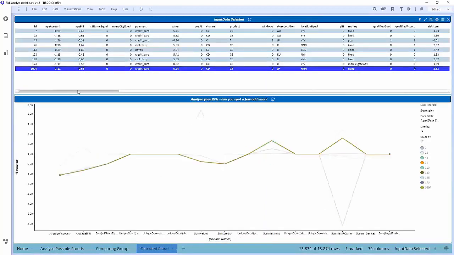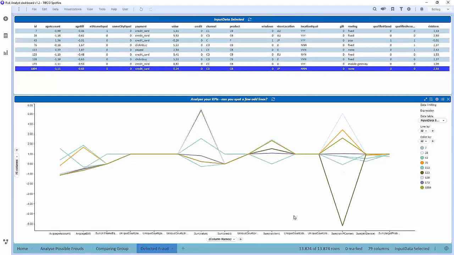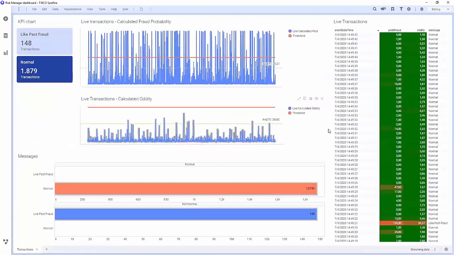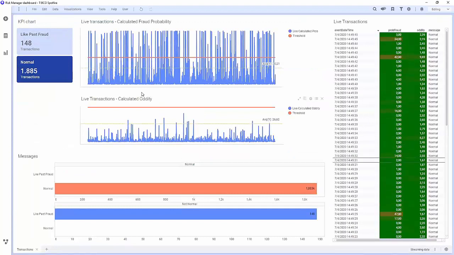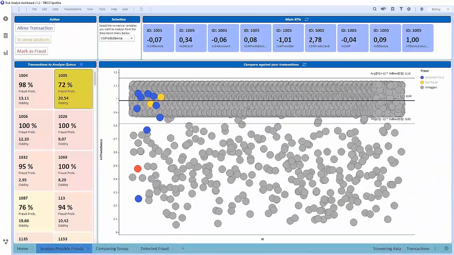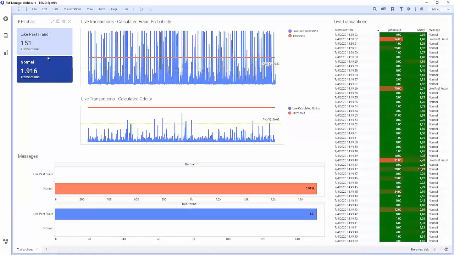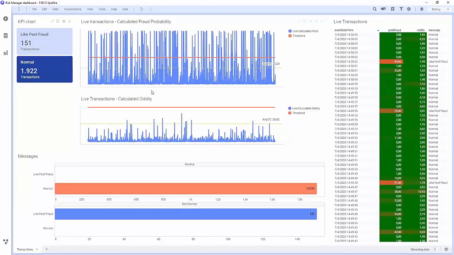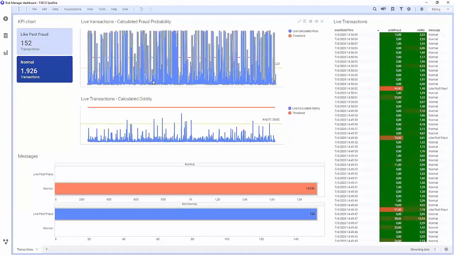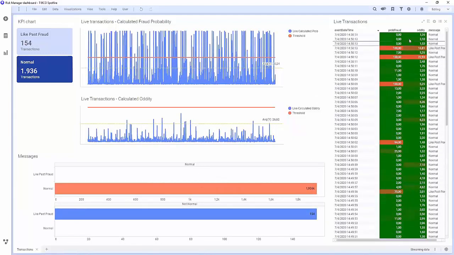This is the history of how many transactions the user has marked as fraud and how they correlate all together. This is more like the risk manager perspective. The risk manager does not want to see one transaction by one as the end user that needs to act requires, but maybe wants to know the whole accumulated results, like how many are past frauds, how many are marked as fraud, and the whole workflow coming in as a bigger, more general perspective, one by one, how they are coming,